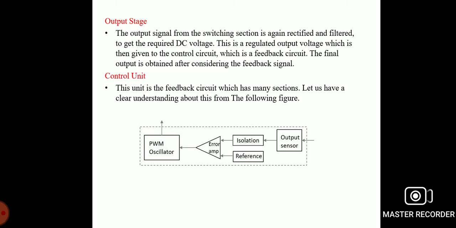So by controlling the chopping frequency, the final voltage level is maintained. This is controlled by comparing the input given to the error amplifier, whose output helps to decide whether to increase or decrease the chopping frequency. The PWM oscillator produces a standard PWM of fixed frequency.